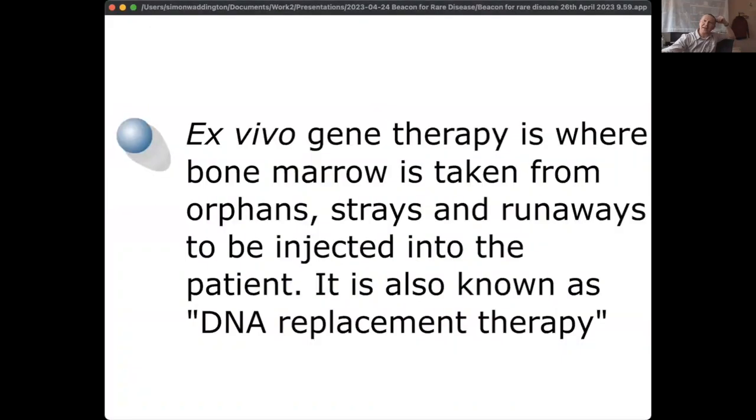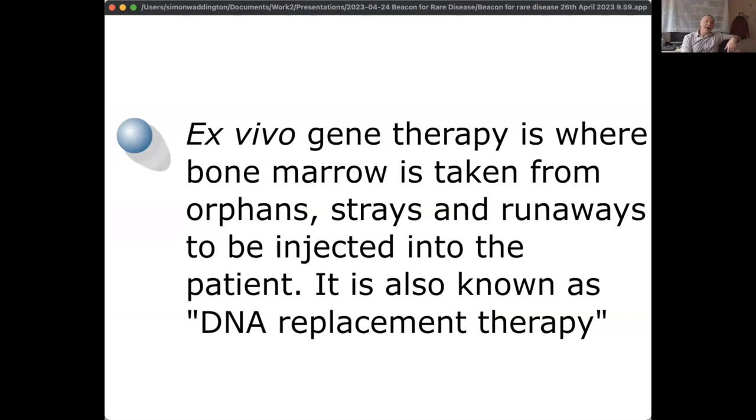and apparently, according to Hollywood, ex vivo gene therapy is where bone marrow is taken from orphan strays and runaways to be injected into the patient and is known as DNA replacement therapy. So I forgot that I was going to talk a little bit about ex vivo and in vivo gene therapy here. So first of all, obviously, in doing gene therapy, we don't take bone marrow from orphans, strays, and